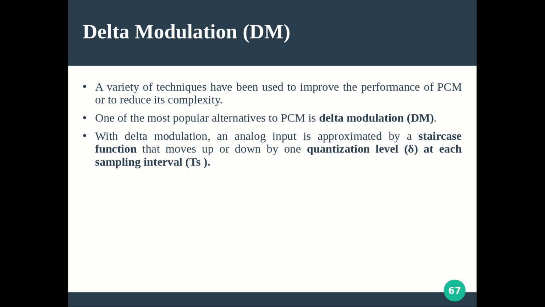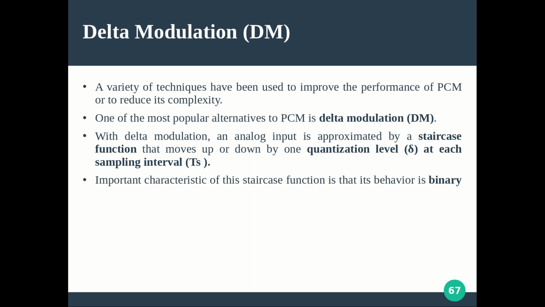And of course the samples are taken at a sampling interval TS, and you know how to choose the sampling interval. It should be chosen in such a way that the sampling rate is greater than twice the bandwidth of the signal which is to be converted, or twice the highest frequency. So here also the sampling theorem is applicable, but the way we take the samples at regular sampling intervals, that method of converting it into some kind of binary varies. Here we depend on something called a staircase function for doing that. We will take an example and see how it is working.